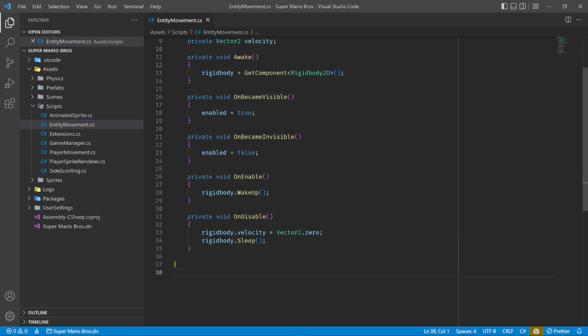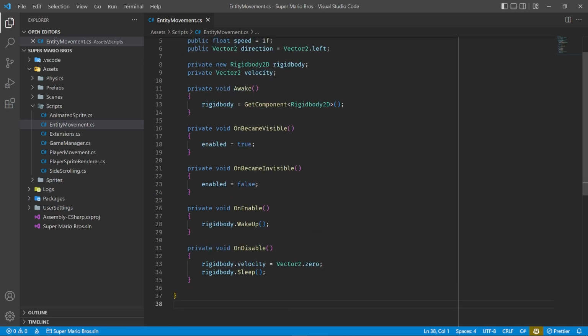So in the case, for example, when you hit an enemy, they will disable their movement, so we can start playing their death animation. And so we want to stop their velocity, tell the rigid body to sleep, and so on. And in the case where they become visible, their movement gets enabled, the rigid body wakes up so they can